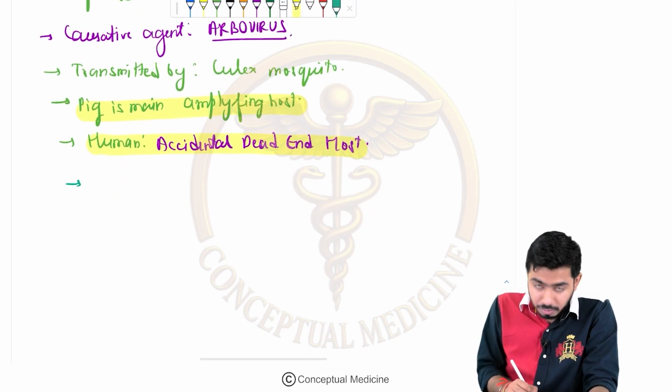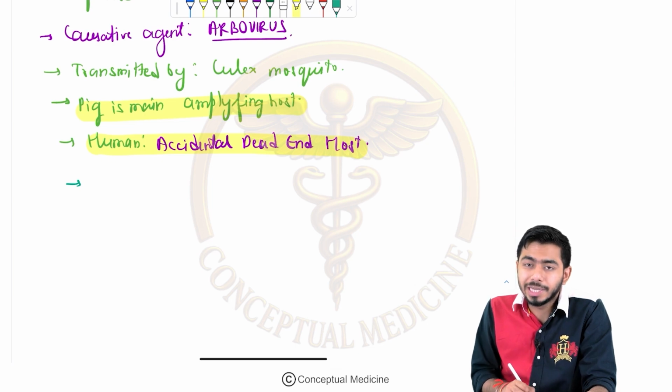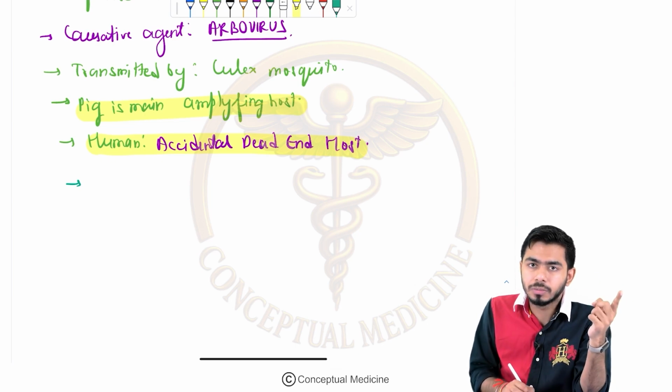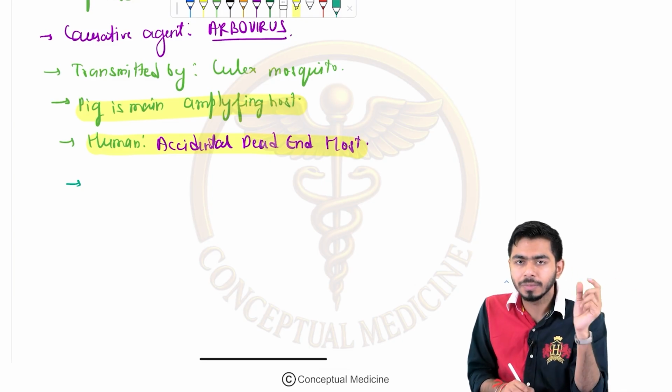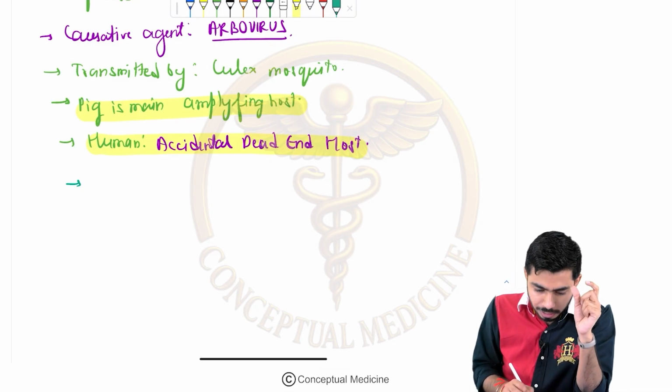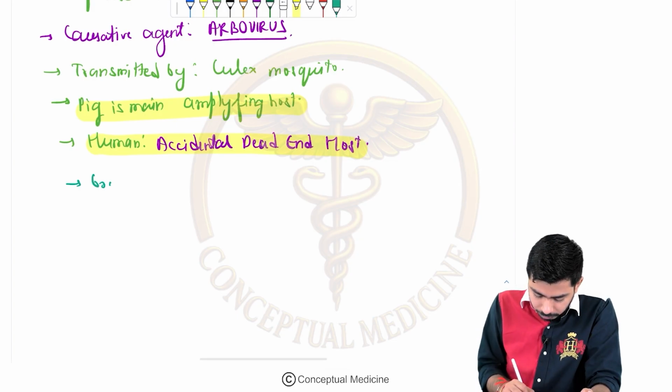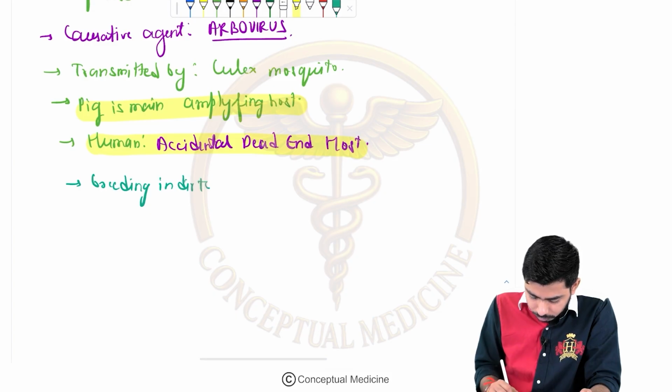Now guys, does it breed in dirty water or clean water? Aedes breeds in clean water, but the Culex mosquito, I told you in entomology as well, for detail we shall be going to that chapter as well. So the Culex mosquito, guys, likes to breed in dirty water. So it will be breeding in dirty water, right?